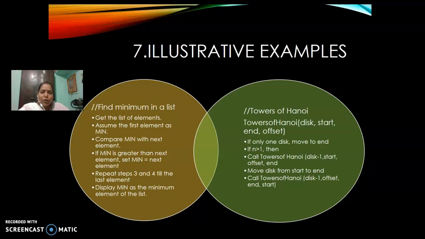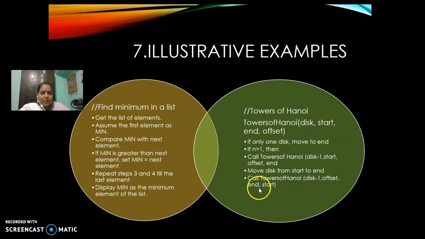You can move only one disc at a time, and you cannot place a larger disc over a smaller disc. With these 2 conditions, you have to move the n discs from the starting pillar to the ending pillar.